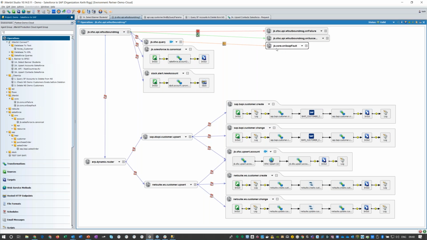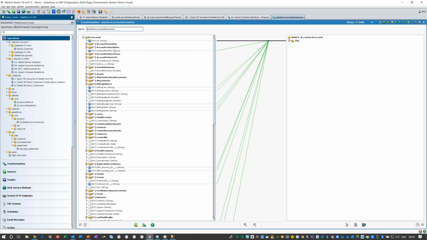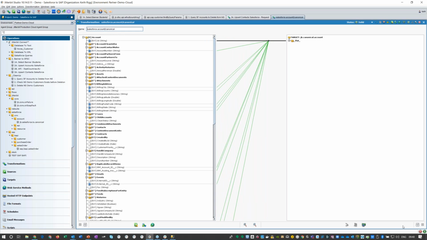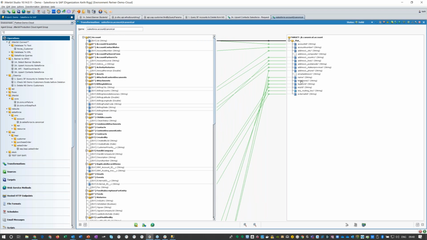SOAP fault handling if we need it. A dynamic SQL query which is crafted based on the object and GUID that's pushed to us in the event notification. The map to the canonical, so this is the very long account structure and all of the substructures, so obviously you'll be familiar with this, it's quite lengthy. And then we've mapped onto a nice simple canonical model, so a simple version of the account.